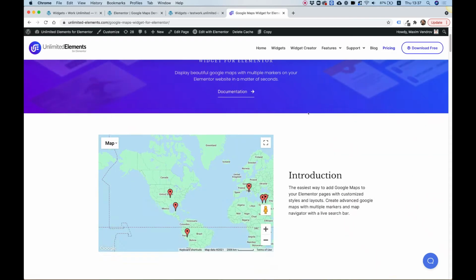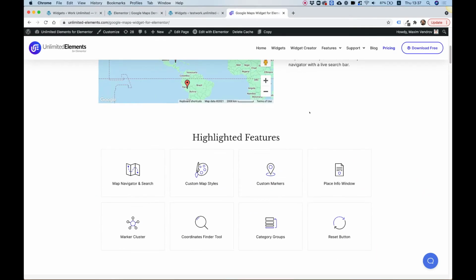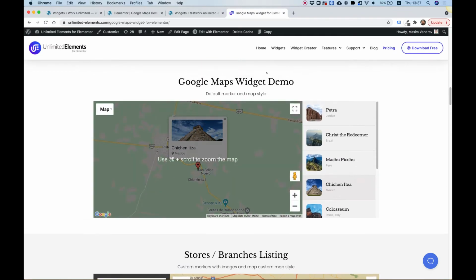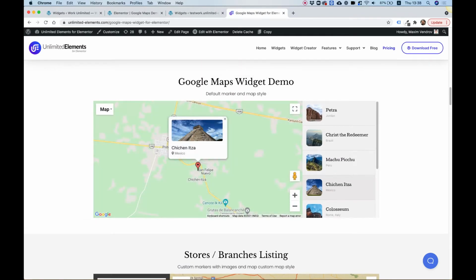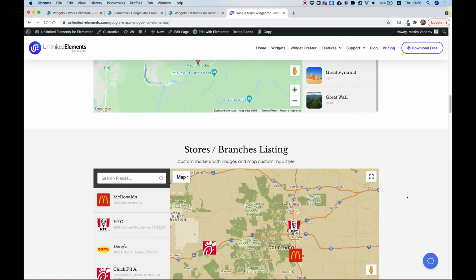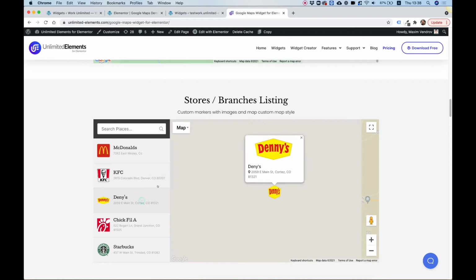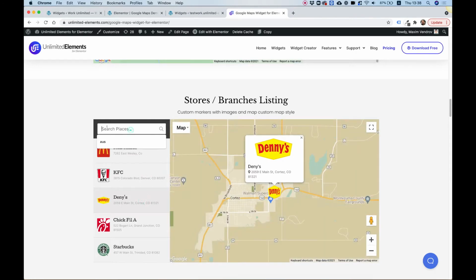This is an overview of the Google Maps widget by Unlimited Elements. In this tutorial, I'm going to show you how you can create your own Google Maps, which are actually advanced Google Maps with multiple markers inside of the map, which you can navigate between by clicking on the left-hand navigation. You can filter the places with the search bar if you want a search bar, and you can